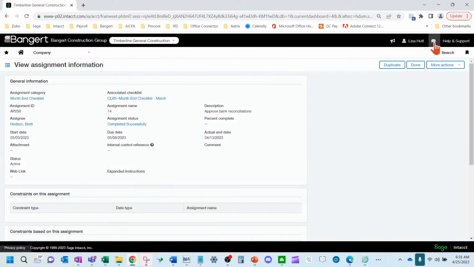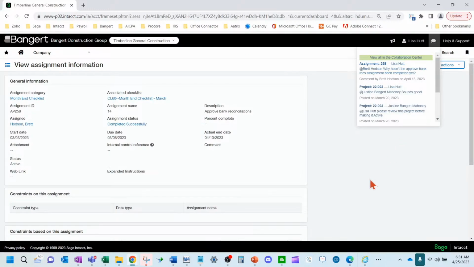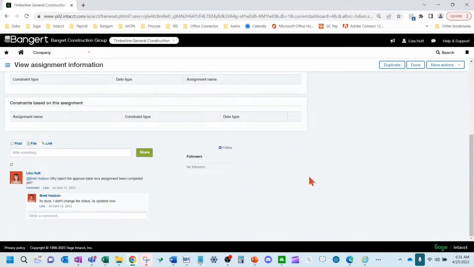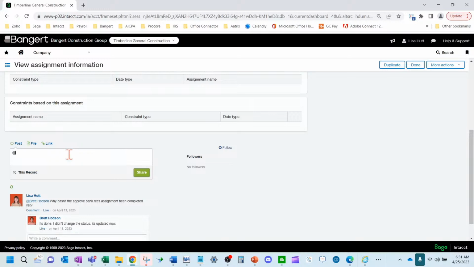Okay, so if I want to chat with Brett, I can start a chat up there, or I can come down here and say something to the effect of, and there's already a string going on this one for an example, I would like you to attach the bank statement to the 12/31/22 bank reconciliation screen so I can approve my bank reconciliation.